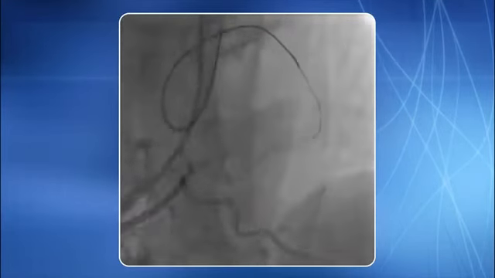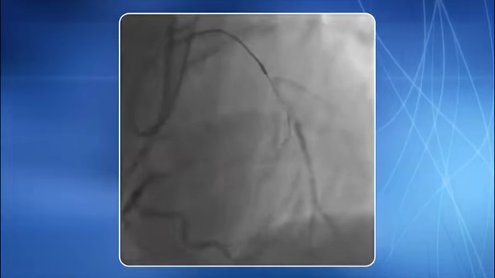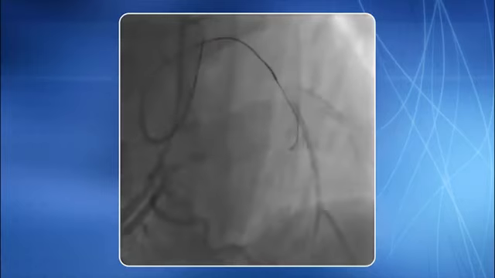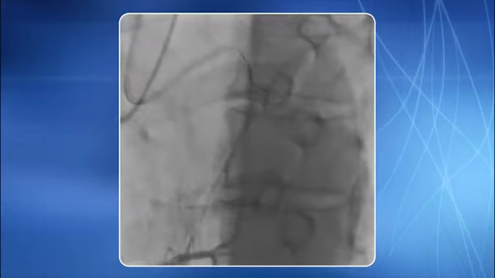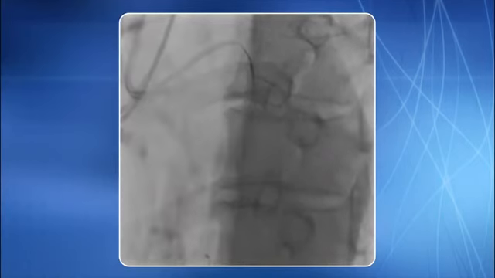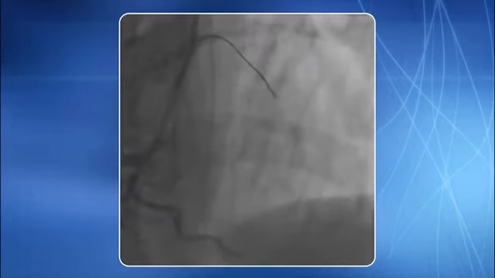Simultaneous RCA injection done through the left transradial approach confirmed its entry in the false channel. Another view showing the wire lying in the false channel. Entry in the true channel was tried.